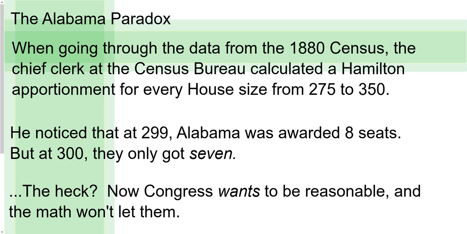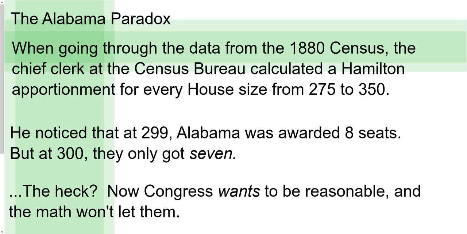And we knew pretty early on for 2020. I want to say by early 2021 it was figured out. So same thing here. By January of 1881, the states have to be notified so that they can start the redistricting process if they need to. So the chief clerk, in preparation for doing all that, creates a Hamilton apportionment for every single house size from 275 to 350. He also does a Webster apportionment. Congress always asks for that so that they can make sure that Hamilton's and Webster's match. But the